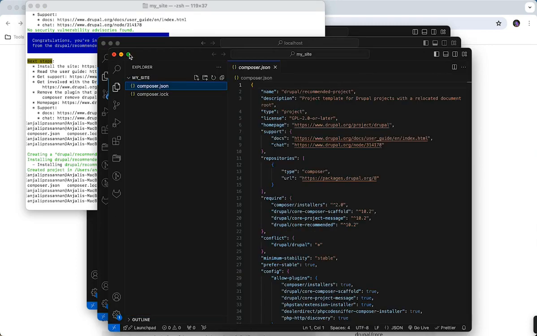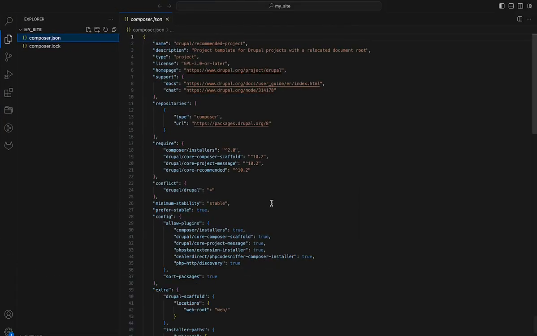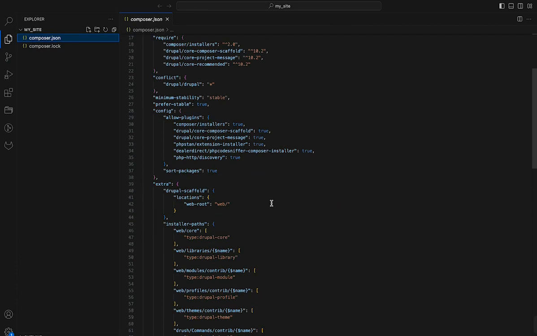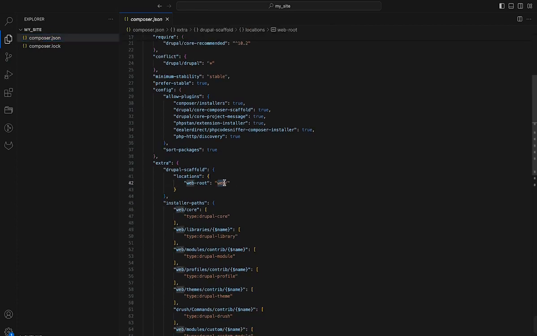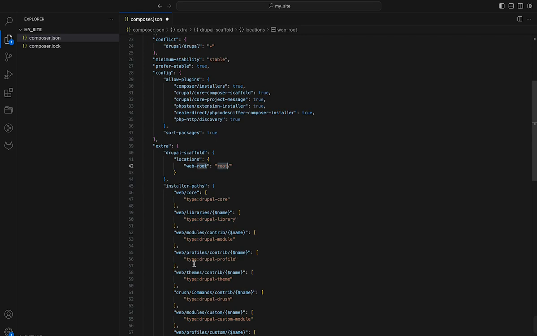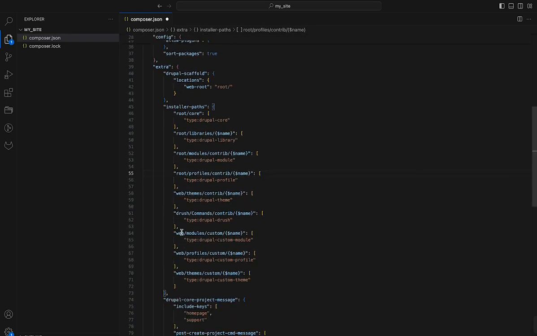Here I have to change this. So I'm changing this to root, and I am changing every folder path as root instead of web